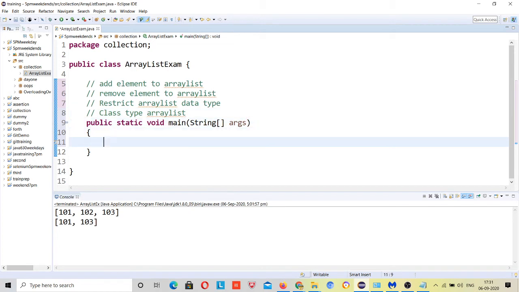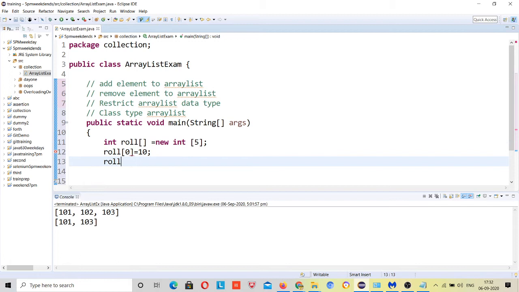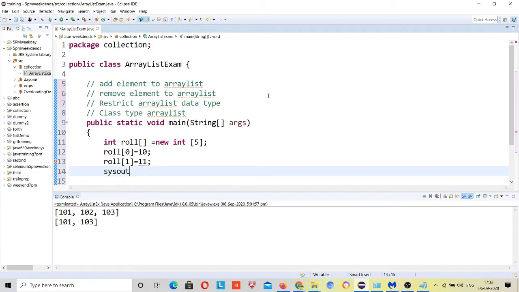Actually, when you save data with an array, what happens? Int a, suppose roll numbers of the students, roll is equal to new int, right, you save like this, and you assign roll numbers like this. In the 0 position you assign suppose 10, in the first position suppose you assign 11, like this, right, and you print the roll number.